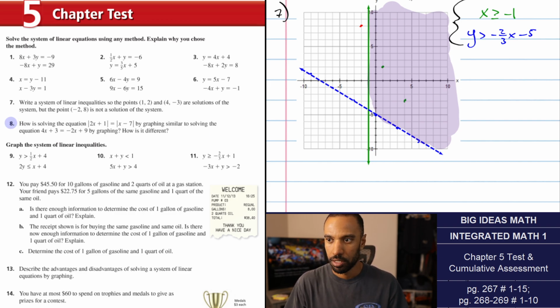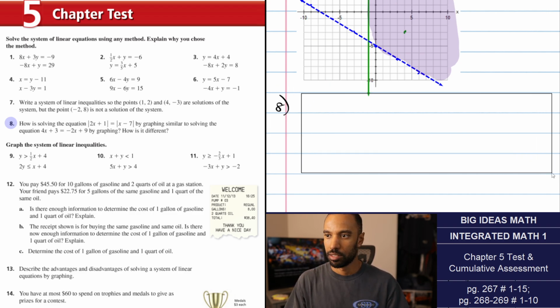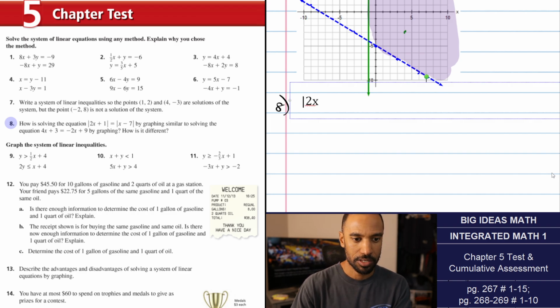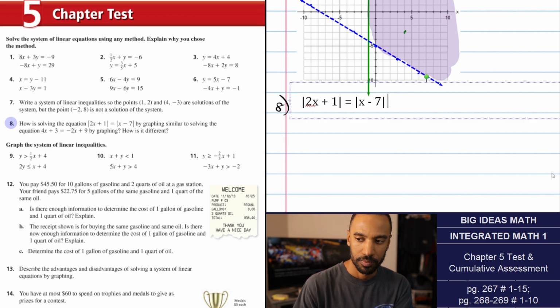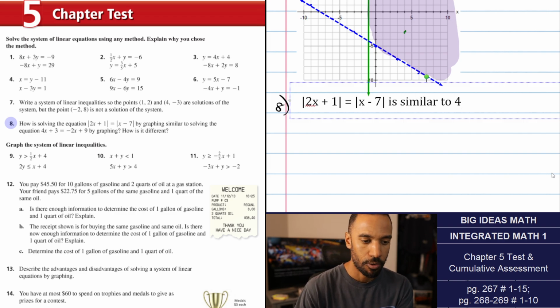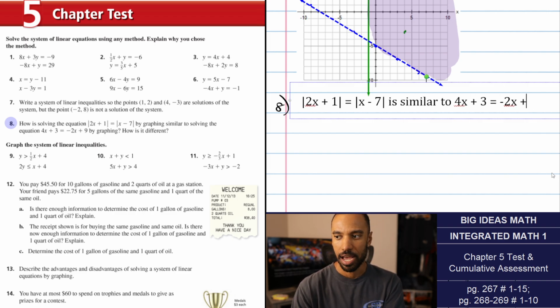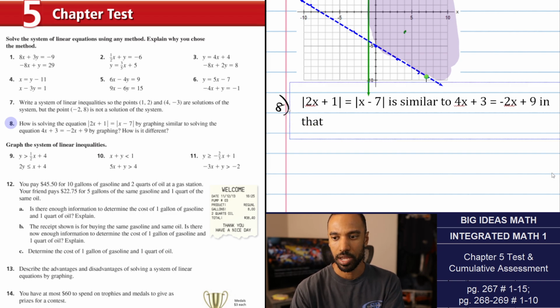Okay, number 8. How is solving the equation here by graphing similar to solving the equation there by graphing? How is it different? Well, I don't know if we actually have to solve. So I don't think I'm going to actually solve, just for the sake of it. I'll at least type this out: the absolute value of 2x plus 1 equals the absolute value of x minus 7 is similar to 4x plus 3 equals -2x plus 9,